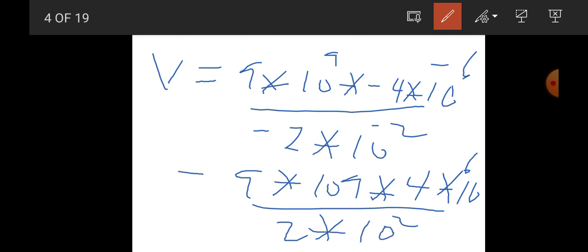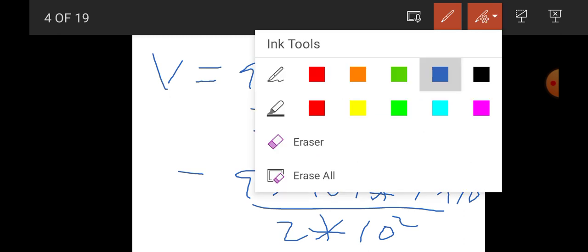This is the distance from the origin to the positive 4 microcoulomb charge. 9 times 10 to the power of 9 is the value of k. When we simplify this, finally the answer will be